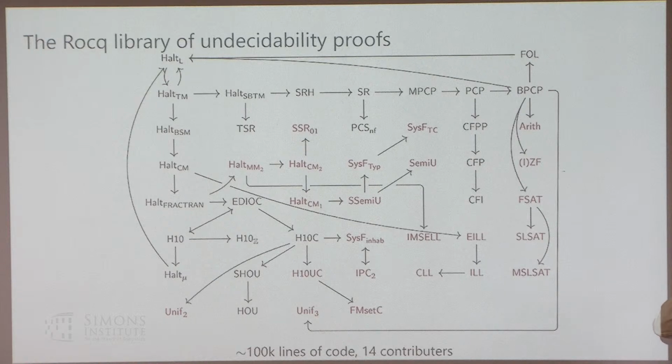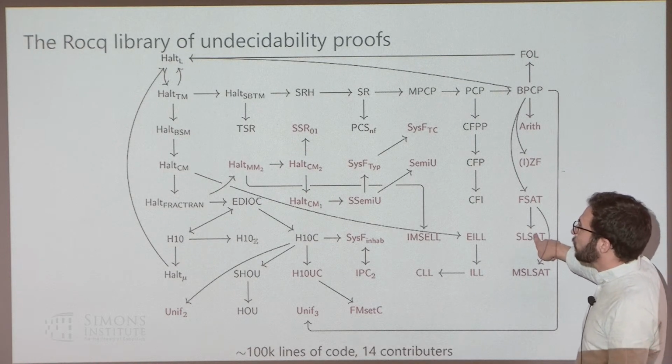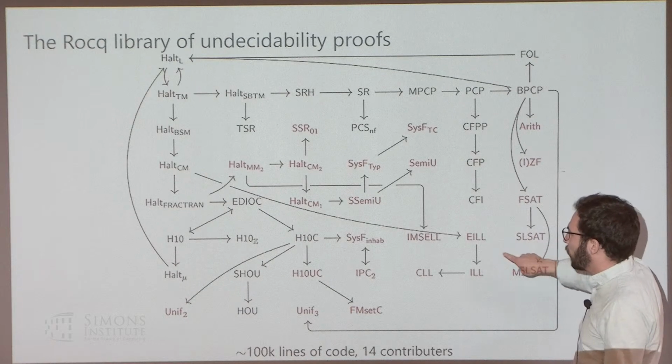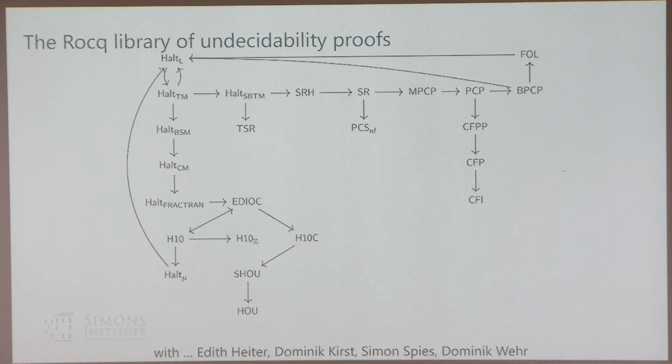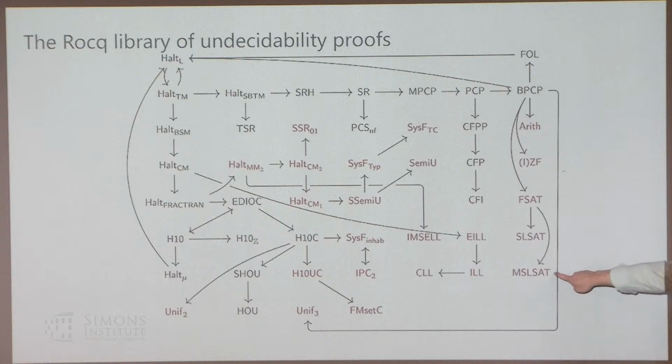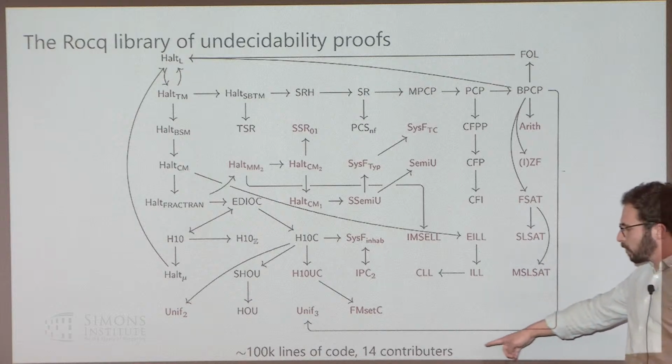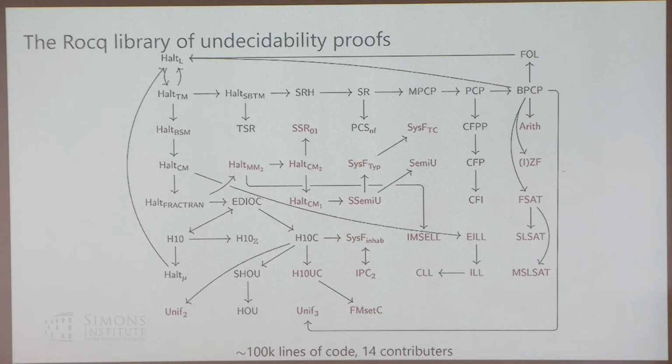The colors? This is a very old slide, but I think I wanted to say that by the color, this is work other people put on top of my work, making again an argument that having formalized arguments, a formalized library, allows other people to continue the work. Not super relevant for this talk, but the slide is old. Around 100,000 lines of code, which is quite substantial, around 14 contributors, so it turned into a semi-big thing. At the time, a big-ish thing in the scope of interactive theorem proving.